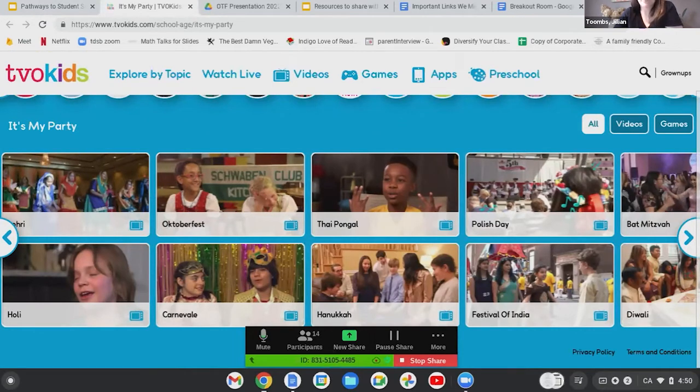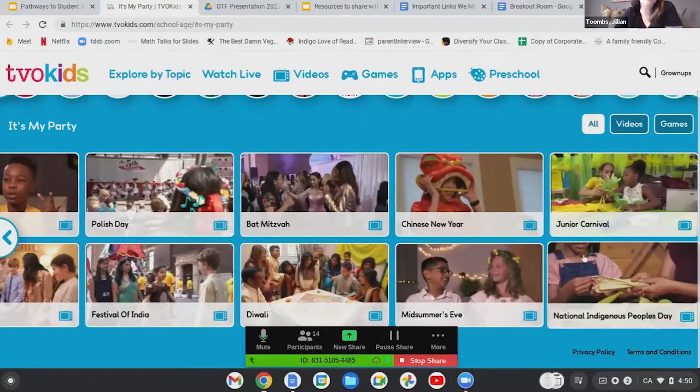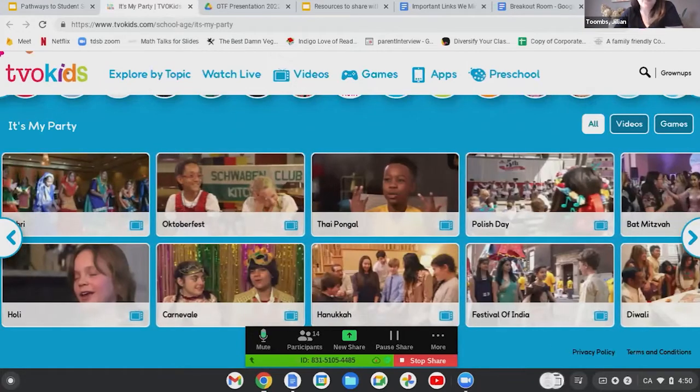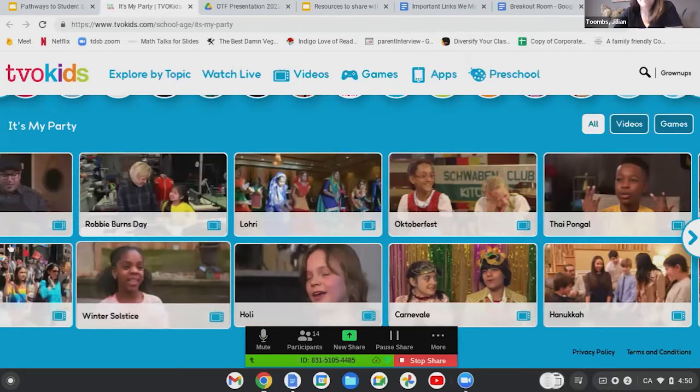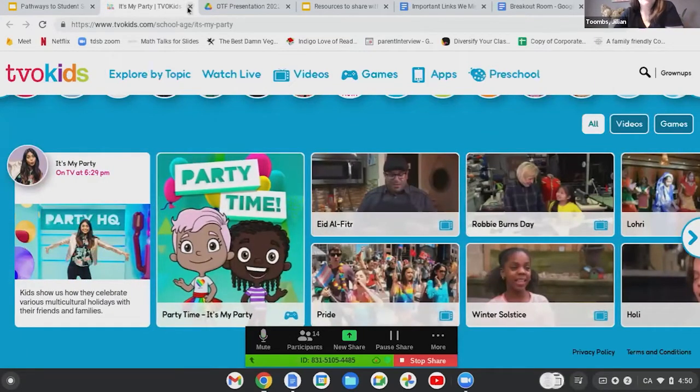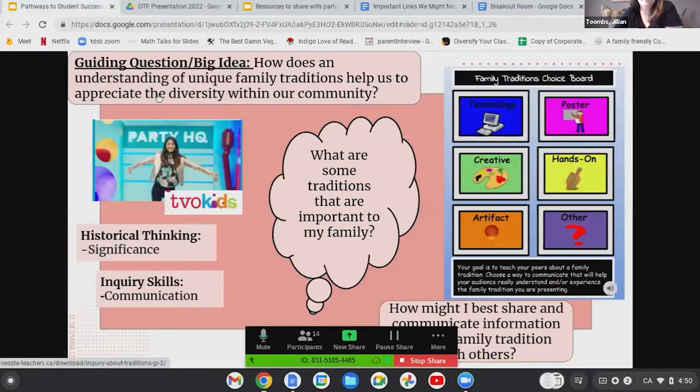Basically, 2 kids plan an entire party. One is the party planner who knows exactly what's happening because they celebrate this tradition with their family. Then they invite a second child along to join them in the celebration, who may or may not have ever seen or heard of this kind of celebration or festival or tradition before. It's really well done. It's fantastic, especially for grade 2 for this particular topic in the curriculum, but it's great if you're just looking to build representation and tell some diverse stories in your class as well. So definitely check that out if you're not aware of it. It is linked in the lesson. It's one of the recommended resources in this lesson.